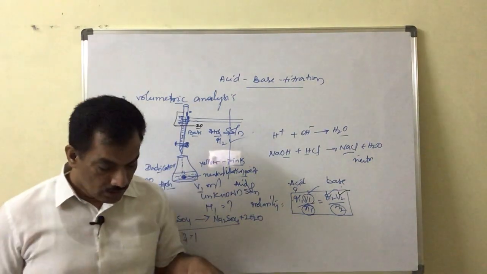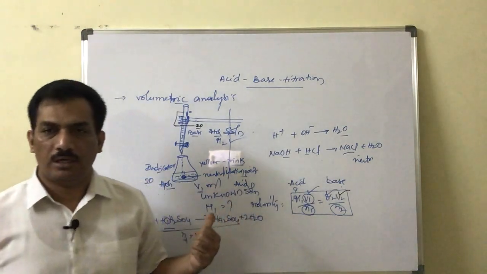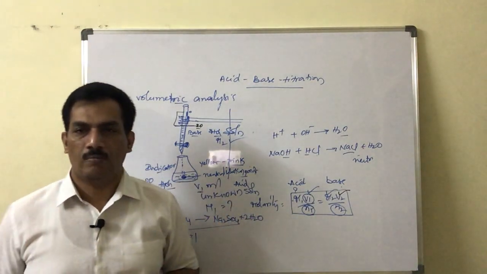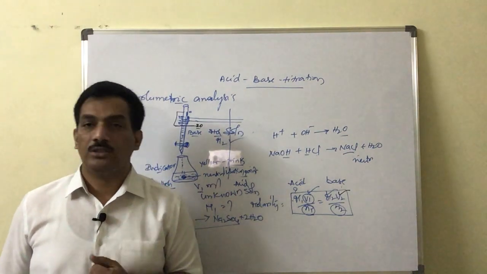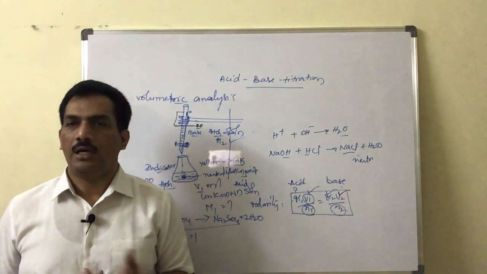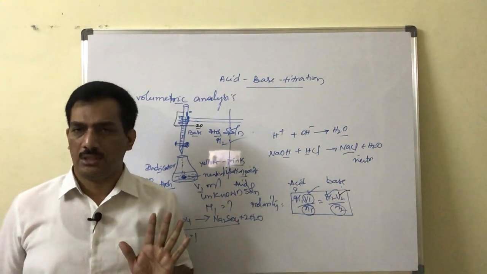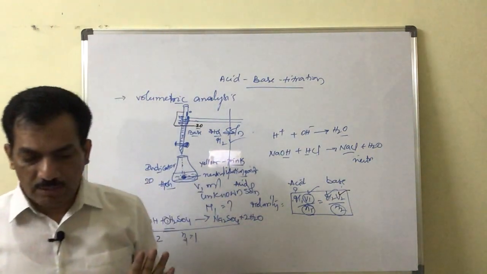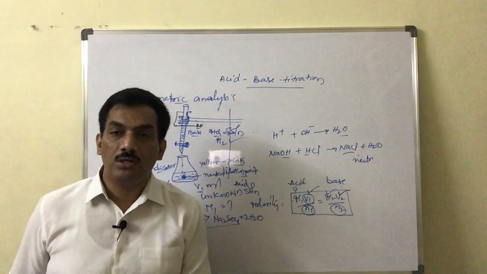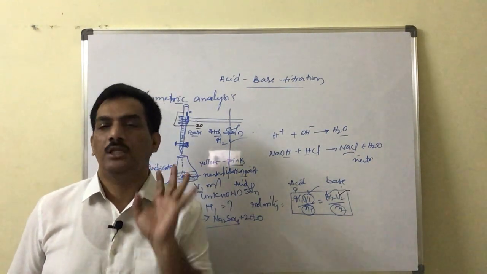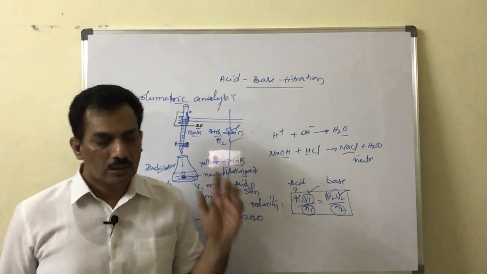Here in titration, depending on the involved components, if acid and base are taken, it is acid base titration, and in case oxidant and reductant are taken, then it is redox titration. The total process is no doubt titration, but whether it is acid base titration or redox titration depends on the components involved in that particular titration. Are you clear with this method?